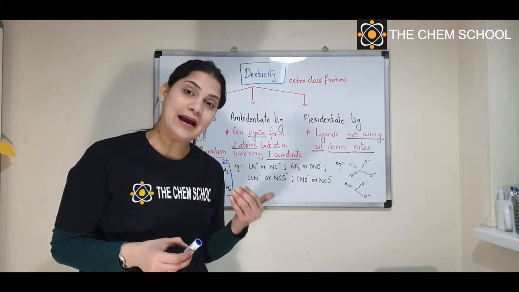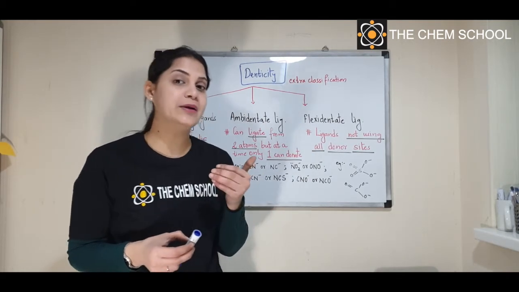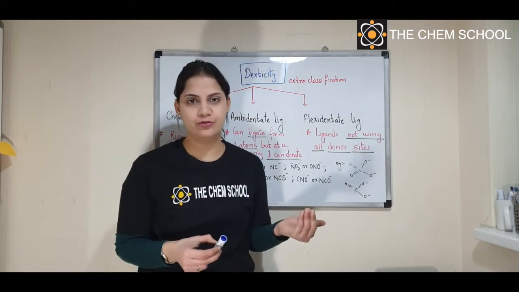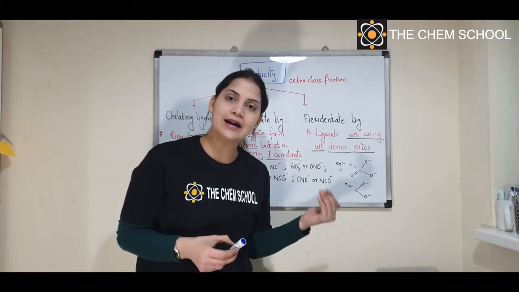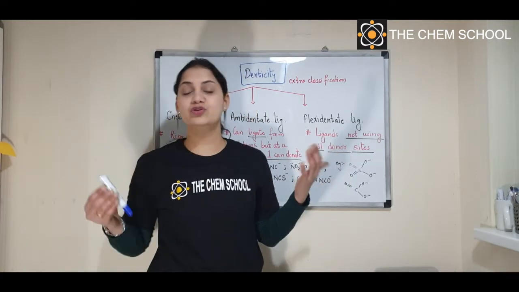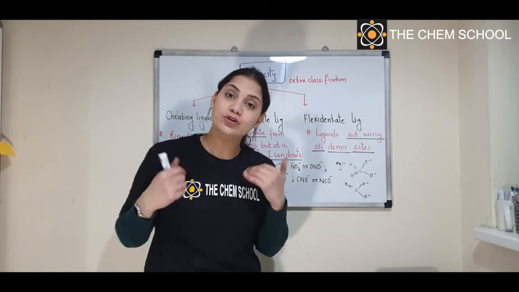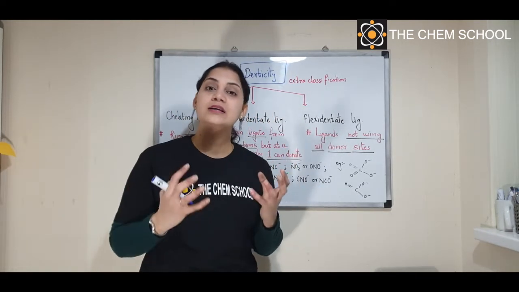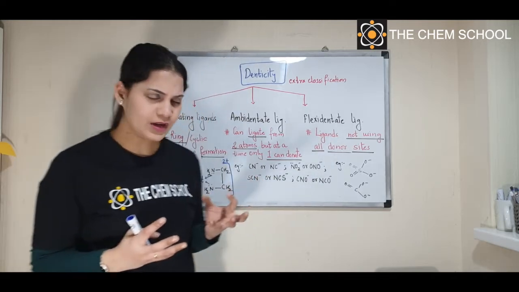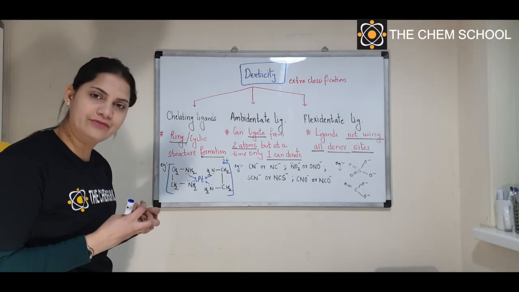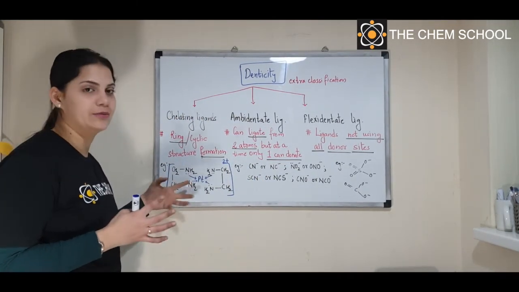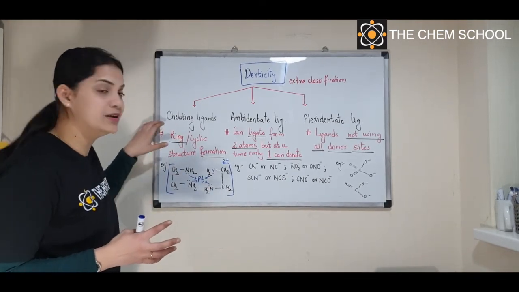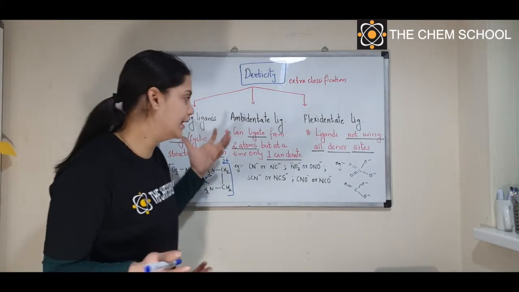When you talk about bidentate and tridentate, which one is going to chelate more? Tridentate. So if you have a tridentate ligand, the chelation will be more, so the stability of the complex will be more. Let's say I have a tetradentate ligand and a hexadentate ligand, which will chelate more? The hexadentate, and therefore the stability of that particular complex is going to be more. It means EDTA forms a very, very strong, very stable structure. So chelation is nothing but the holding phenomenon of the ligand to the central metal atom, thereby forming rings. This ring formation is chelation, and the ligand is called a chelating ligand.